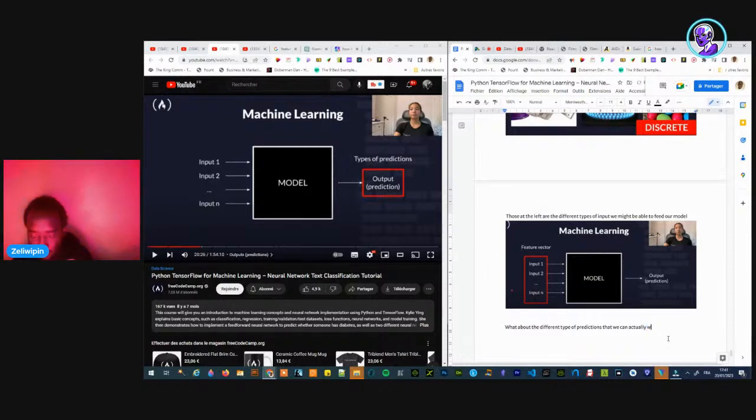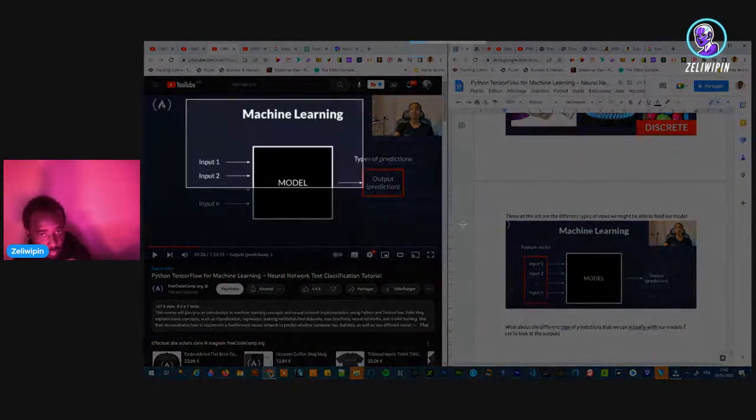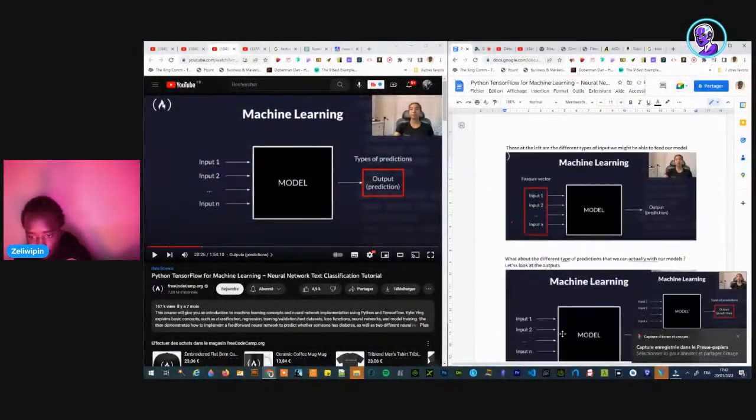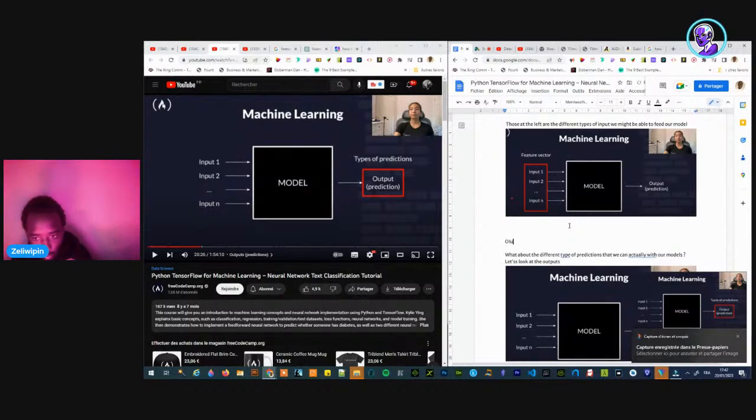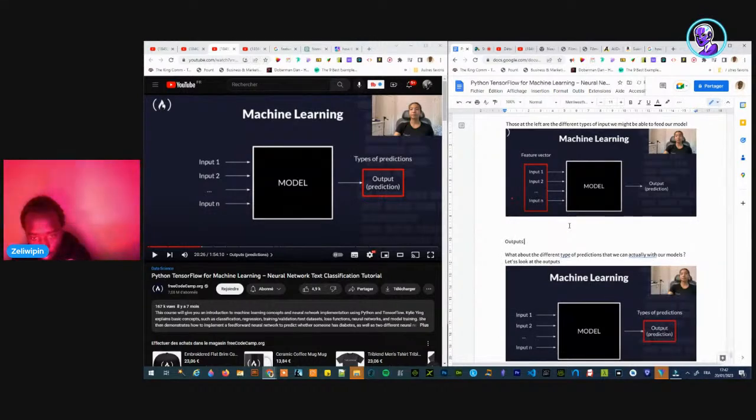It can be a chapter in itself. Let's look at the outputs. Outputs, predictions.